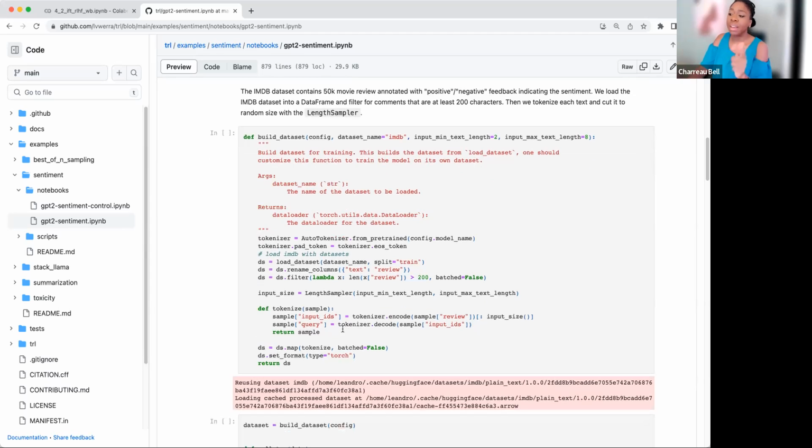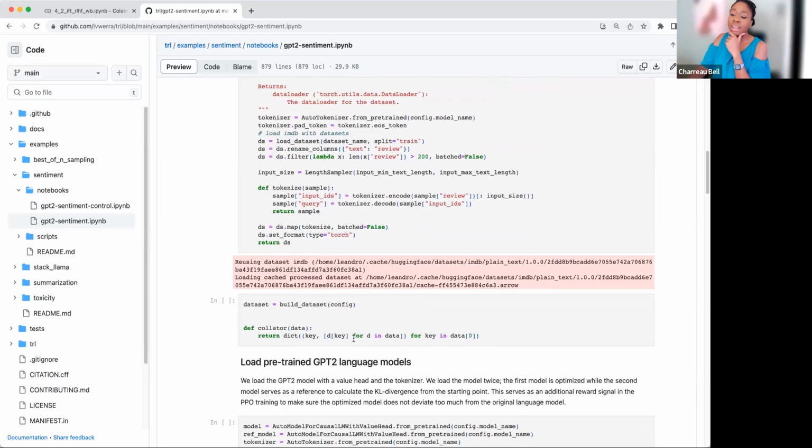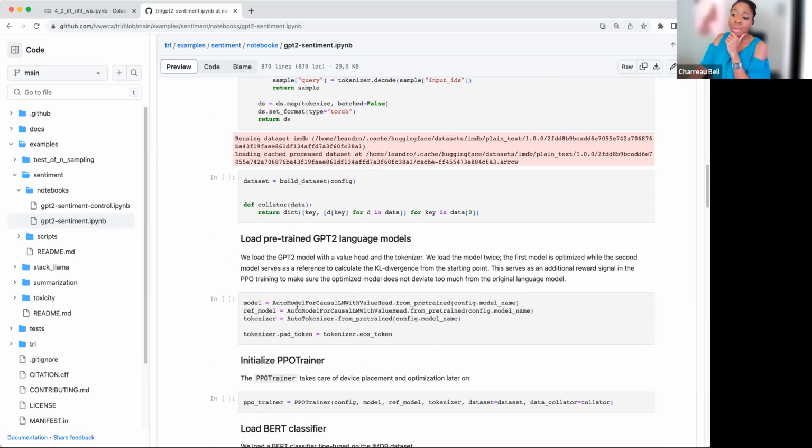They are fixing the data set so it's in the format that is actually needed, and then they create the data set type. They define the data collator, looking really familiar. Here we have what we saw before, where we have the model that we actually want to train. This is going to be our PPO model, and then this is going to be the reference model. And so the same could be this, it is the same one.